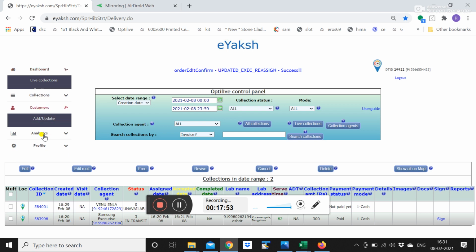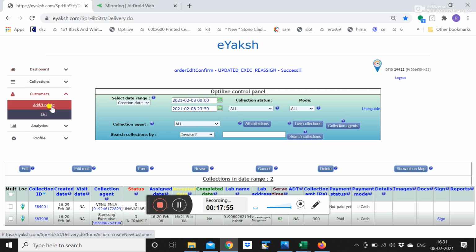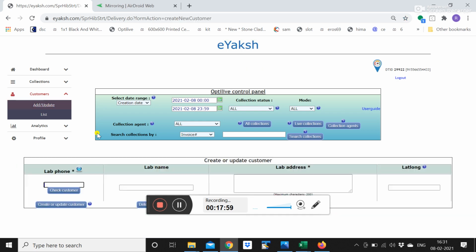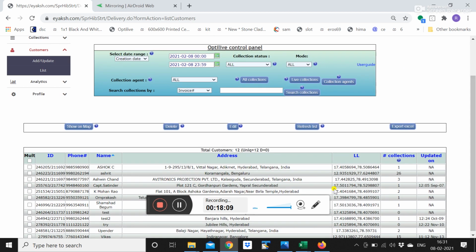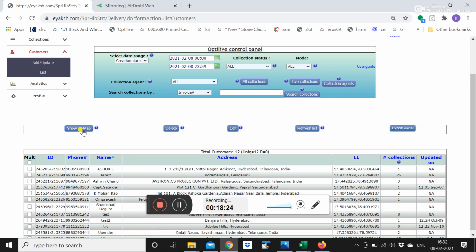Here you have got something called customers. This is to add and update. So you can add any customer, you can update any customer name, you can create your own list. It will show a list of all your customers, and you will be able to see how many collections they have requested so far or serviced from you. All that information helps you to understand from which area you are getting more requests, and you can see all the locations on the map also.